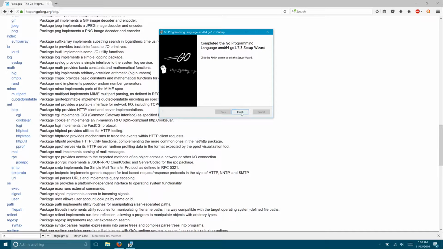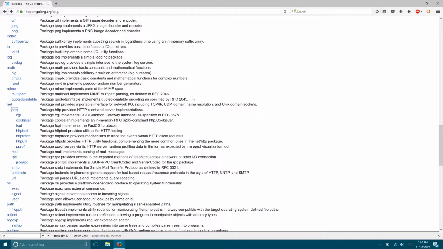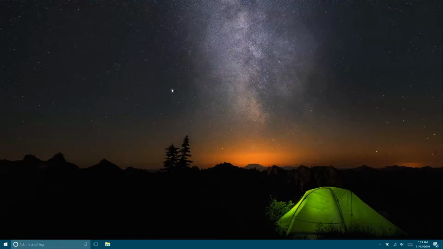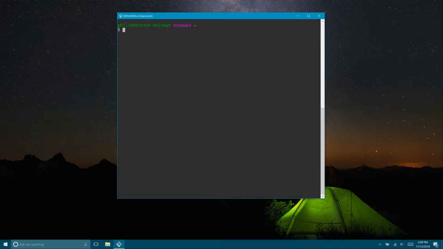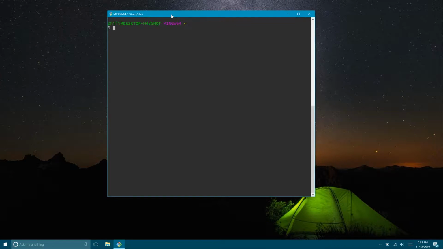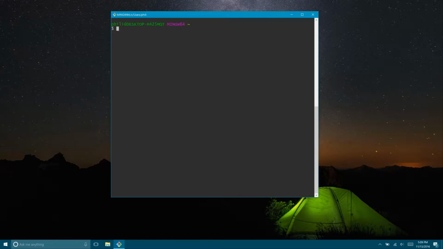Here we go. So we'll click finish, and Go has pretty much been installed. Now we just have to do some configuration. So if you have Git installed on your machine, you can use Git Bash. Well, actually, let's set up our workspace. Go is pretty opinionated about how you set up your workspace. And so what you'll want to do, I've already done this, but